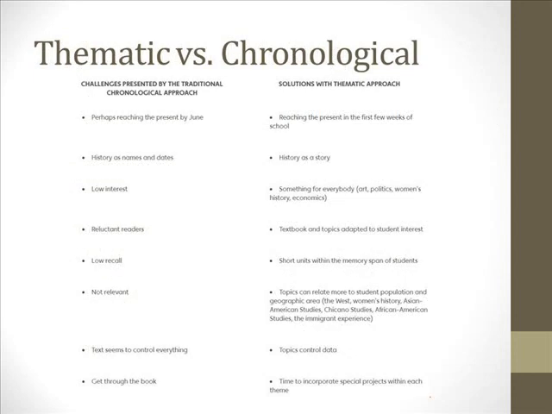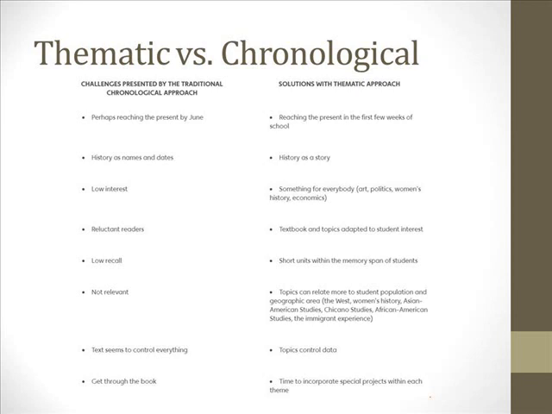So there's really two ways these days to teach history. One is called thematic and one is called chronological. Most classes in the history of teaching history have been chronological. The idea is that we start at the beginning and we walk our way through to the very end. So that's been kind of the concept that we've done before, the chronological approach.